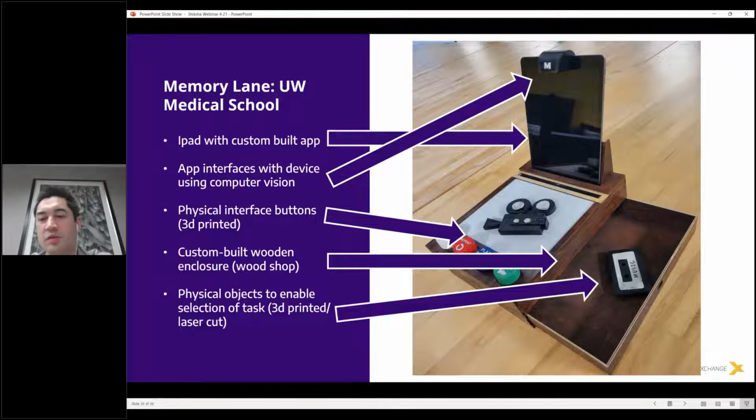To actually access different applications like video or music, we have these physical objects that the user will just place on the middle of this white area. So for example, the movie camera would indicate the user could put that on there if they wanted to watch videos, or if they want to watch music, they'll put the cassette tape on there to help